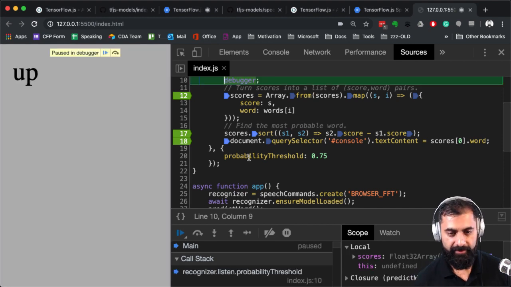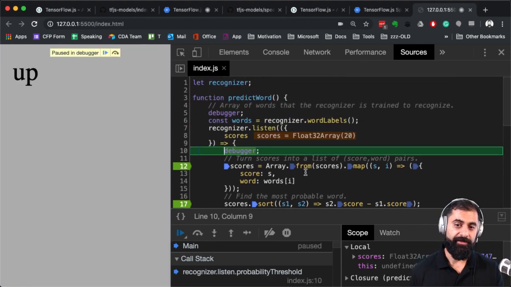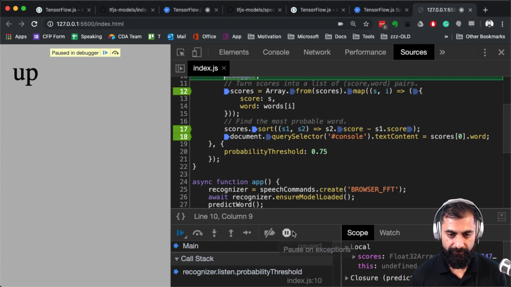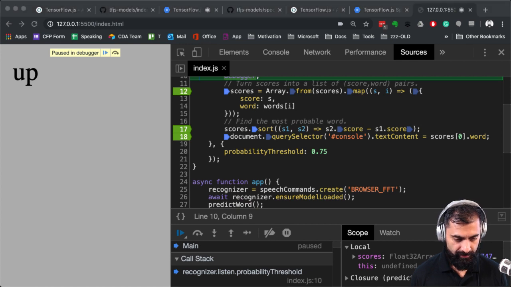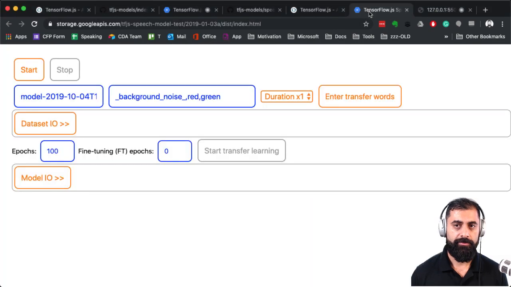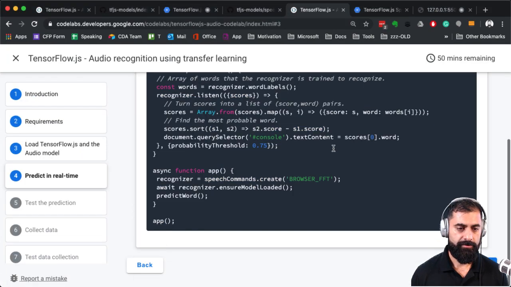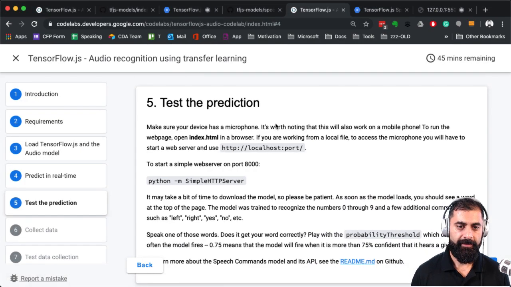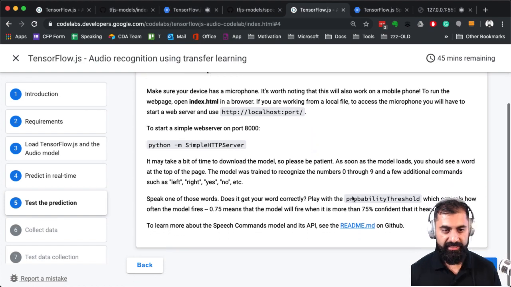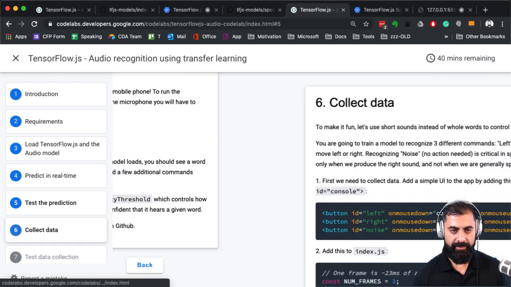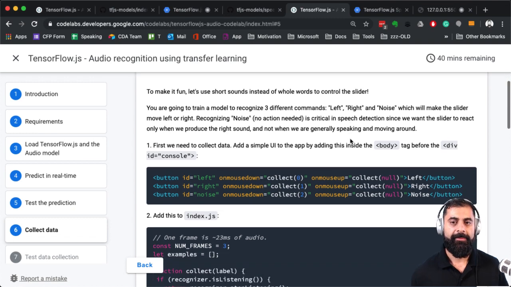Or whatever. That's fine. So then you can see that's what's happening here. That's how it's working, and that's kind of quite useful to know actually. So now I know that as well. Let's move on to the next section, which is here we go. Hey, we just did this. We tested the prediction, and then okay. Now we're going to go into, I think, the different one here, isn't it?